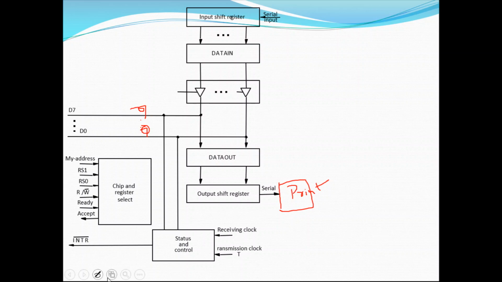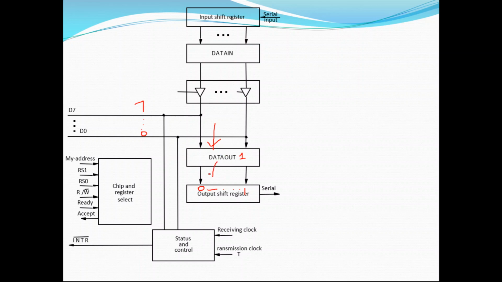Whatever data the CPU is placing comes through the data lines and reaches the data out register. From the data out register, the entire 8 bits will enter into the shift register, not 1 bit at a time.